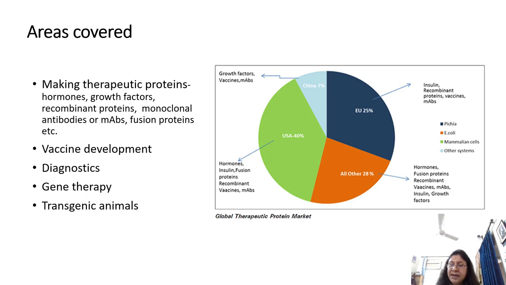And the reason is that there is the issue of glycosylation. These monoclonal antibodies are basically glycosylated proteins, and if they are produced in a system other than mammalian cells, then the chances are that, like in E. coli, which is the orange part here, they do not get glycosylated, or they get alternatively glycosylated, which is not good enough for them to retain their biological activity. Okay, and that is the reason why you see a very large share being occupied by mammalian cells, because they are primarily used for making monoclonal antibodies.